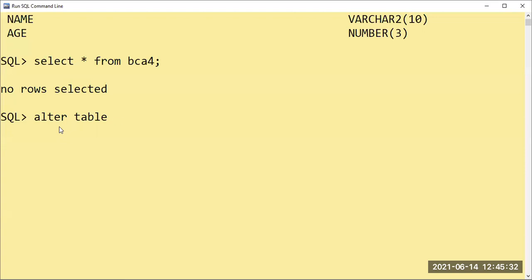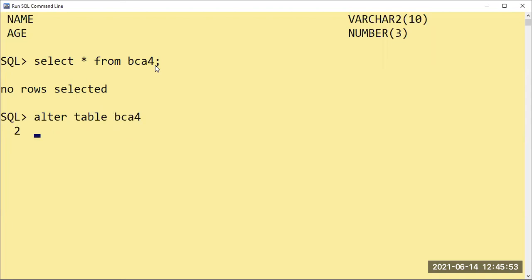For the table changing, first of all you should write ALTER TABLE, old table name. I'll just dictate here: alter table, old table, rename to new table name here. Now alter table is compulsory, it is required, the way you say create table. So alter table, what is my old table name?